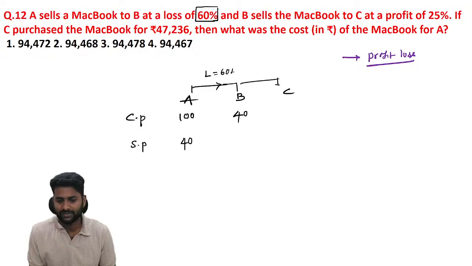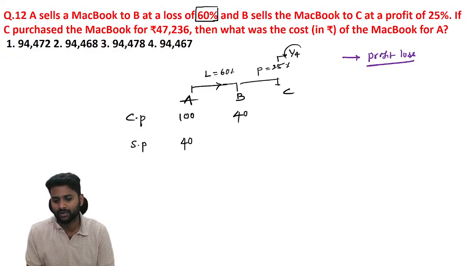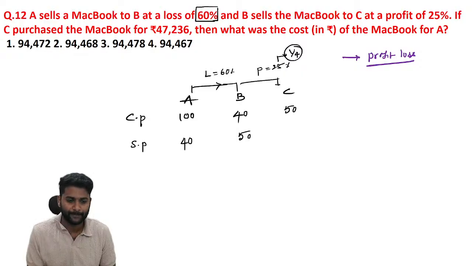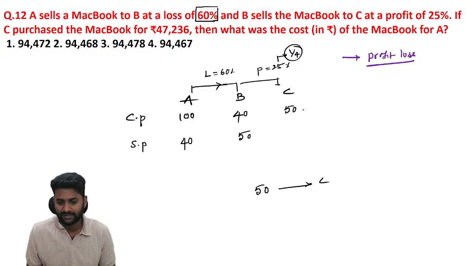And B wants to sell to C at a profit of 25%. See, 25% is all about 1/4 of profit they needed. So 1/4 of profit means they sell it for 50 rupees. If the selling price of B is 50, then the cost price of C is also 50. Now C purchased it first. So now you can compare here. And 50 units is equal to